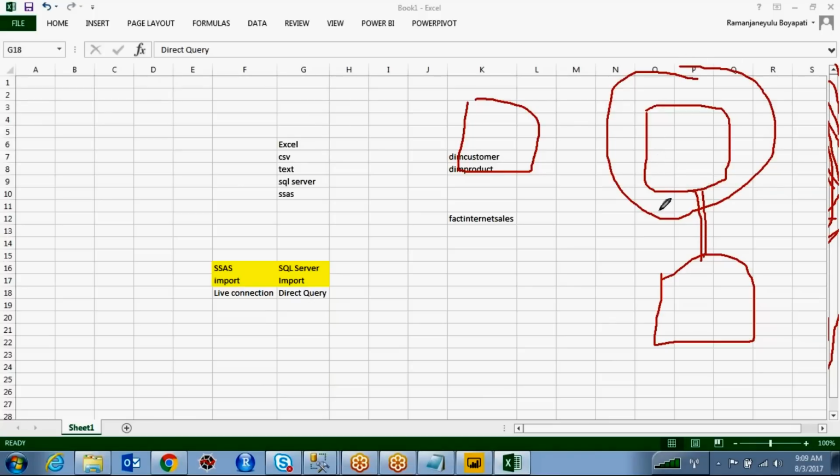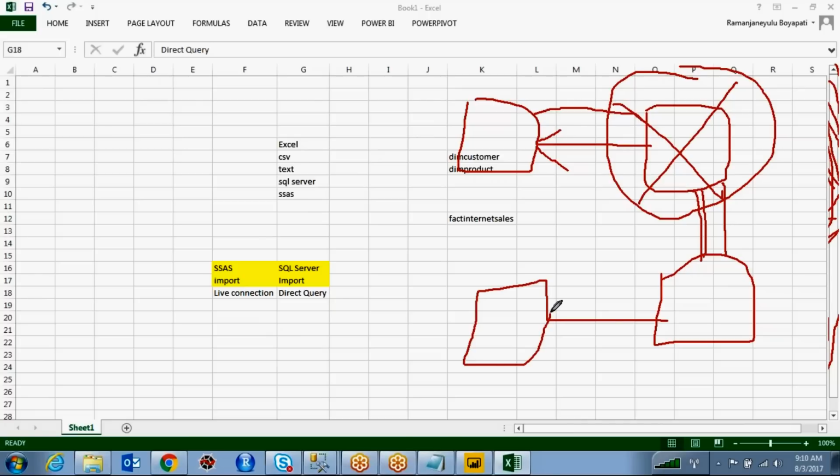The model generates DAX queries and converts them to SQL, gets the data, and serves that data into your report. But in live connection, there is no middle layer. It connects directly to your data source, that is SSAS.